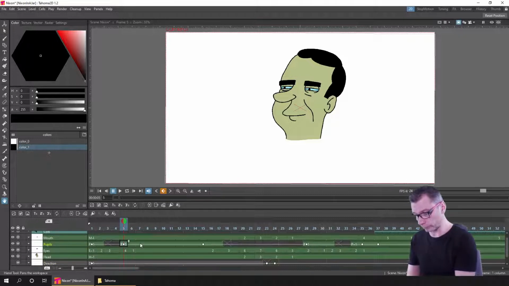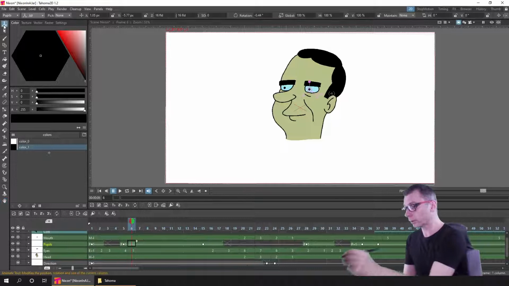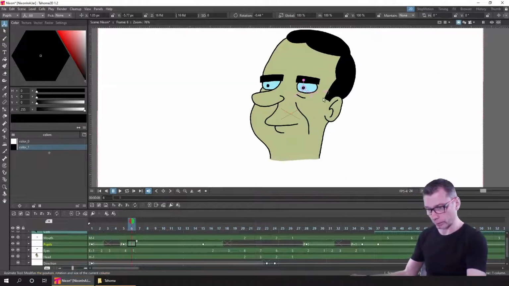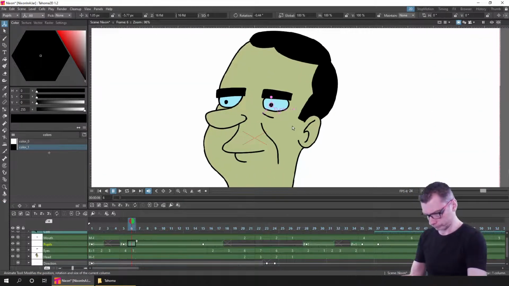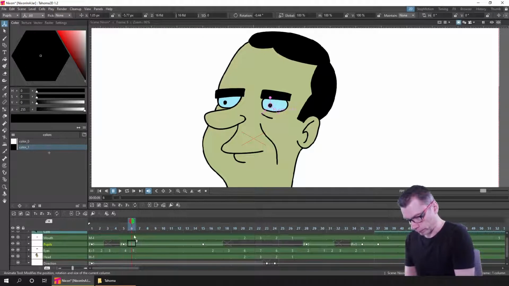Now go to the pupils column. I'll use the animate tool. I'll zoom in a little bit, and then where drawing 1 is held, I'll add some eye movement. So on drawing 1, I'll add a key exactly where it is. Drawing 7,